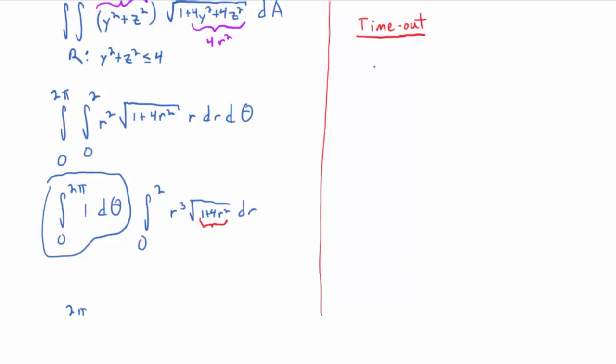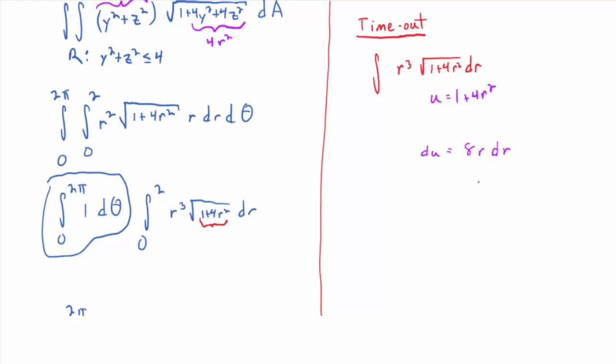Okay, let's just integrate without limits of integration, because really you're supposed to change the limits of integration if you make a substitution, right? But that's a pain, so I just like to take a timeout and do it as scratch work. So I'm going to let u equal 1 plus 4r squared. Then what's du? 8r